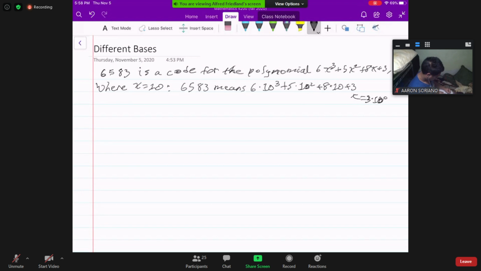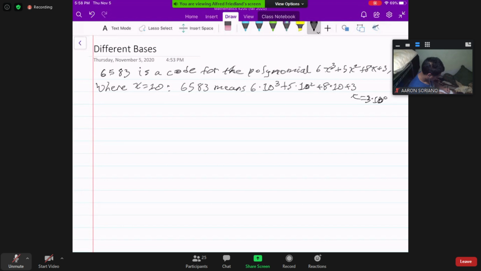And notice that in order to read this number, look how I just read it. The ones column, the 3, then the 8, then the 5, then the 6. So in order to know what that 6 means, you really have to count from right to left. You're really reading numbers like in Arabic and Hebrew from right to left. If you think about it, as I say, to know what that 6 means, you really have to count backwards